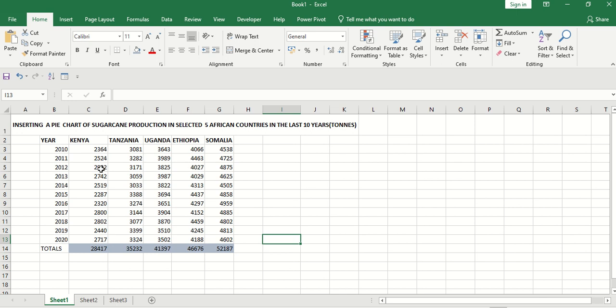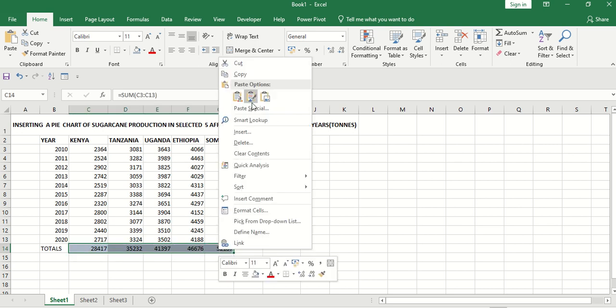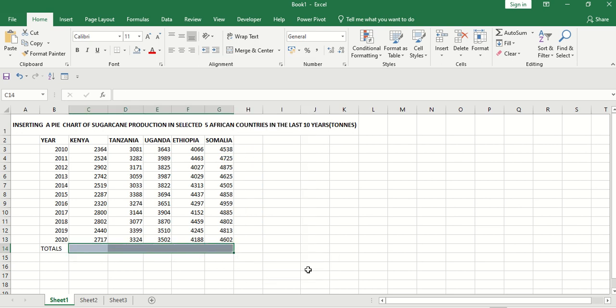So we want to draw a pie chart of their totals in these 10 years. Let me first clear the sum, because it is very important that you understand how we do the summation. So we want to plot the pie chart of the summations, the totals of their output in the last 10